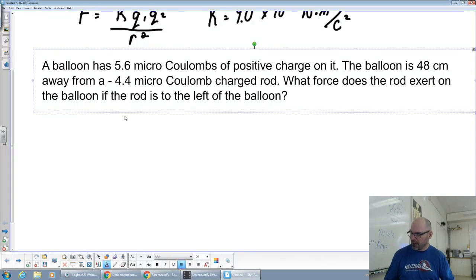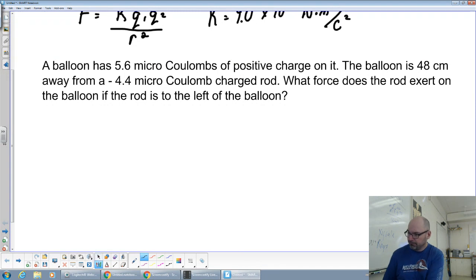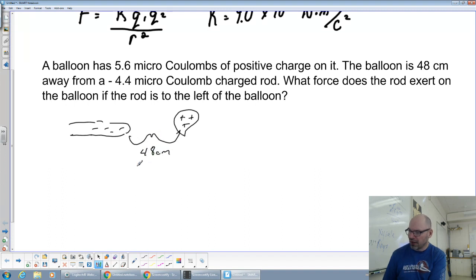We should also say assume that they're point charges or small charges. So if we draw our rod here, this is negative, sorry, I got it backwards. It's a negative rod, because there's a negative in front of the 4.4, so the rod is negative, and the balloon is positive. The balloon and the rod are 48 centimeters away, or 0.48 meters, because we have to change it into meters to use the